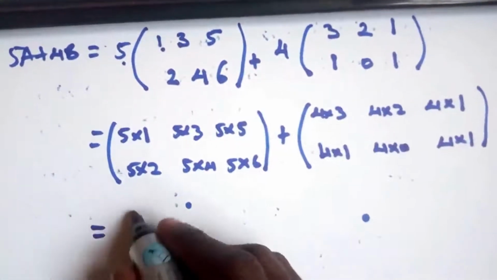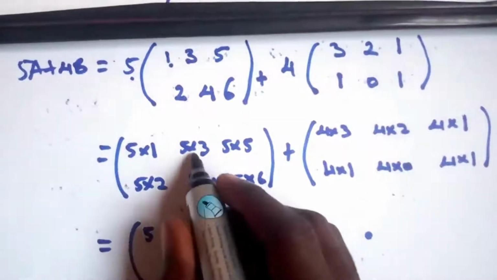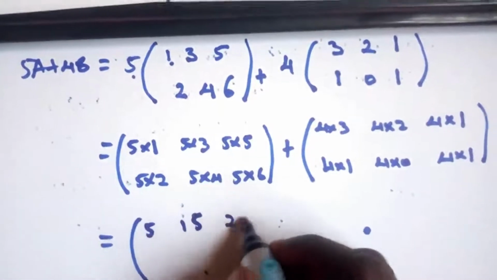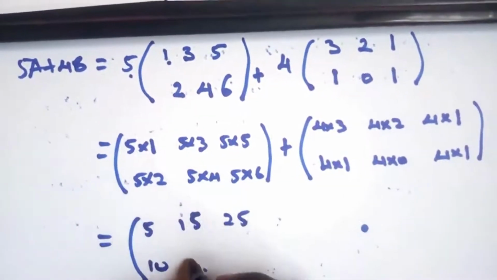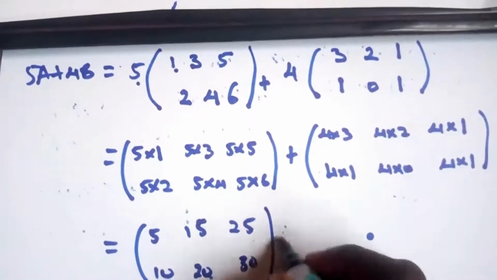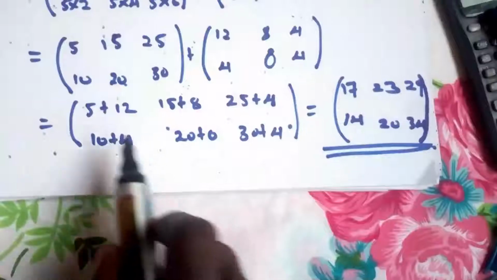Then I'm going to have 5, 15, 25, 10, then this is 20, this is 30, plus